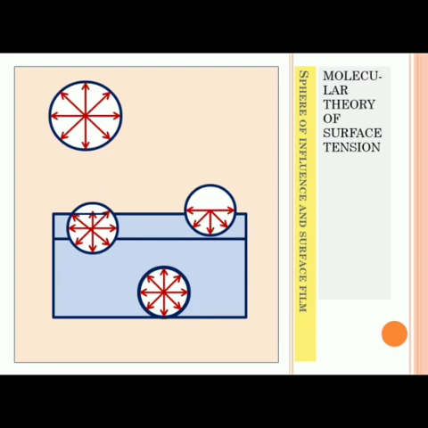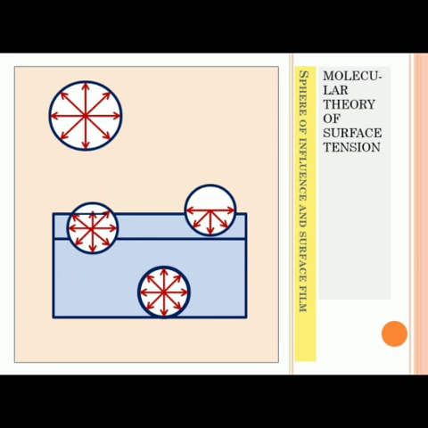Now you could see a circle around here which is showing the pressure felt on all sides of the bubble or the sphere of the molecule which is formed in the liquid. I would now be explaining the behavior of the three molecules which you could see in the tumbler filled with water. There are three cases: the molecule A which is dipped totally inside the water, the molecule B which is floating 3/4 on the water, and the molecule C which is halfway, where it is in connection with the air medium as well as the water medium.